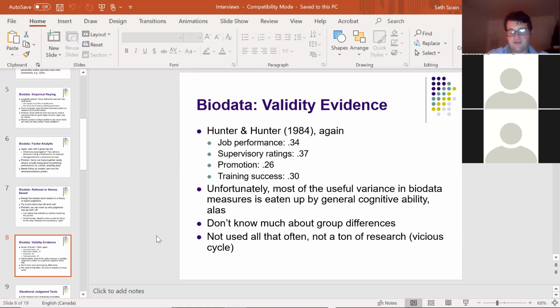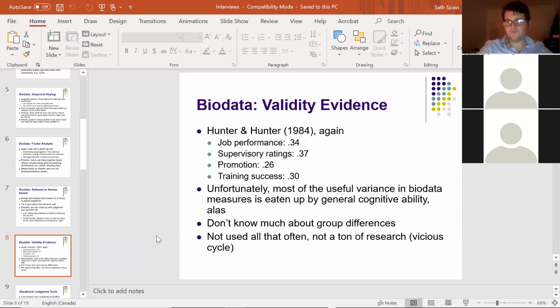One big thing that I think is worth mentioning here is that, like with personality tests and interviews, as we'll see, people with biodata, if we just ask, have you ever had any leadership experiences? People could just say yes, right? They could just lie about it. And probably one of the most interesting pieces of research from the last decade or so on this shows people will lie on biodata items, but